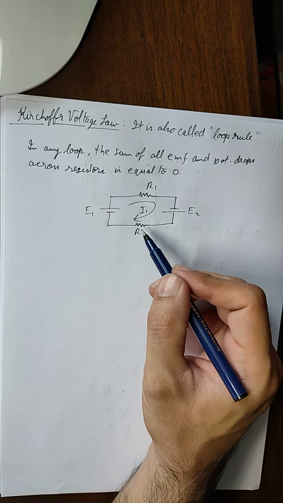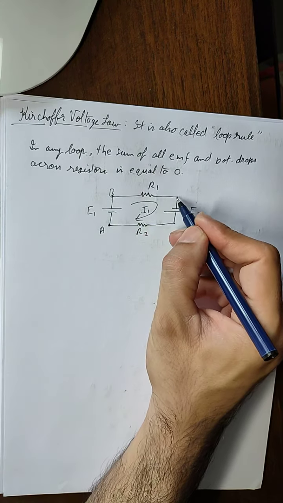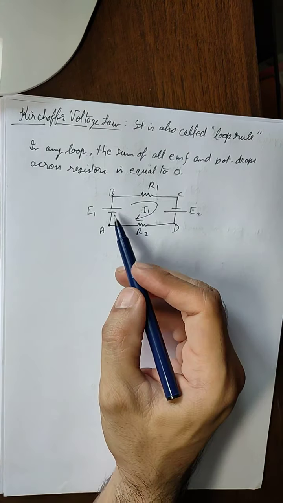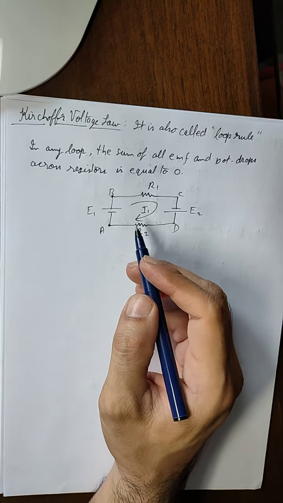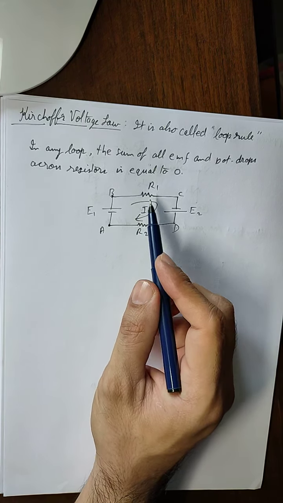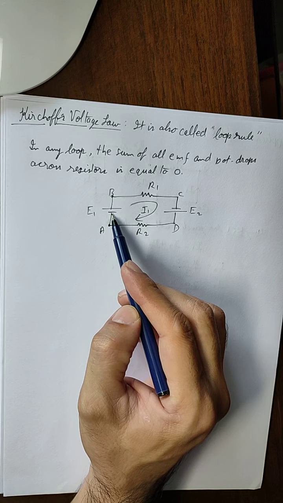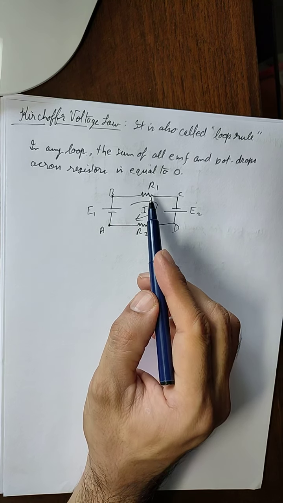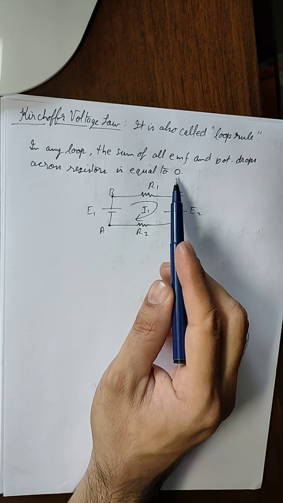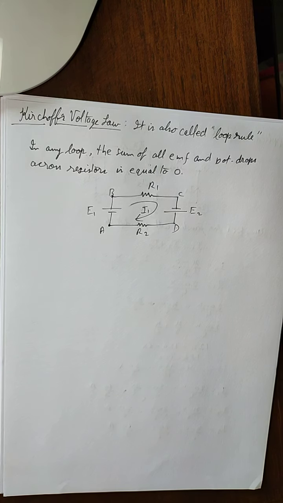and the value of current is I1, and let us say that we have points A, B, C, D as the four corners of the loop. Then in this closed loop A, B, C, D, A, the current I1 is in clockwise direction. So now we have to make an equation, and this equation will be equal to 0. We have to add all the EMFs, which are E1 and E2, and all the potential differences across R1 and R2, and add them all, and that sum will be equal to 0. Now how do we make the equation? So we can use two methods.